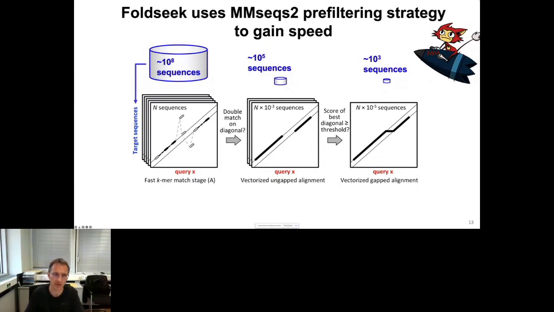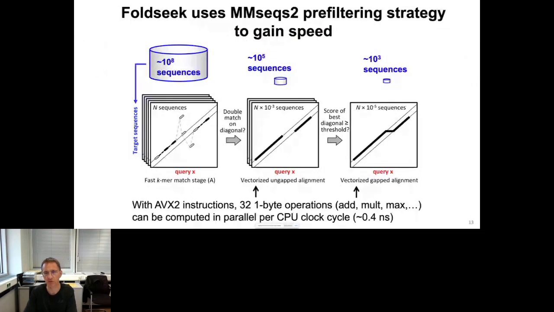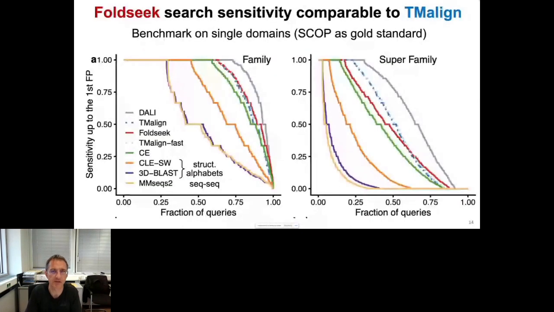second step. And the second prefilter will then calculate the optimum gapless alignment for each of those diagonals where we found these two similar 6-mers. And when this score is above a certain threshold, then we will only do the full Smith-Waterman alignment using the 3Di sequences. And all this is of course implemented with AVX2 instructions for maximum speed and a 32-fold parallelization on a single core.